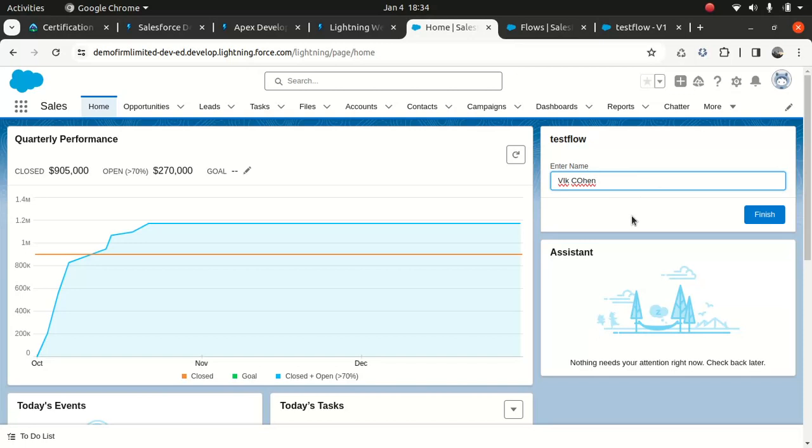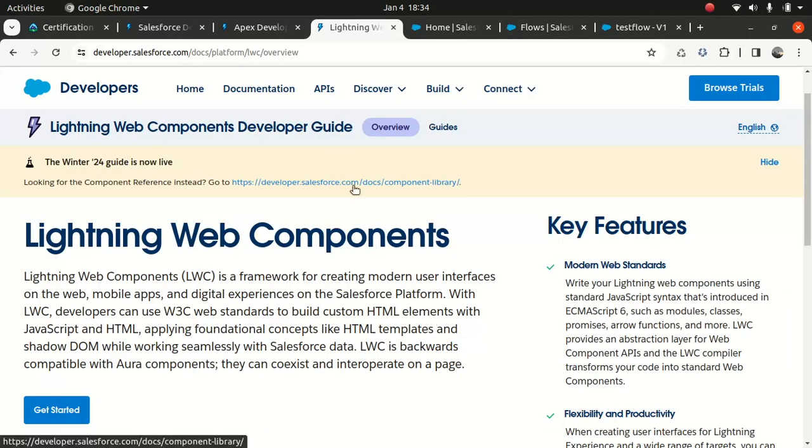So this is how you can build it. Like I said, in Salesforce it's not just about writing code. You can do a lot of things without writing code. You could build this using LWC as well. Now you must be thinking, just now you said you could do this using flows, so why are we not using it? When do we use LWC?